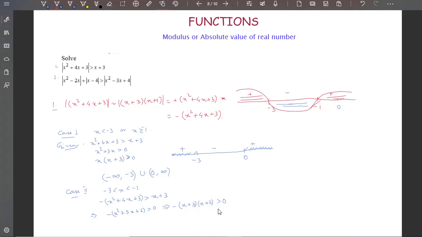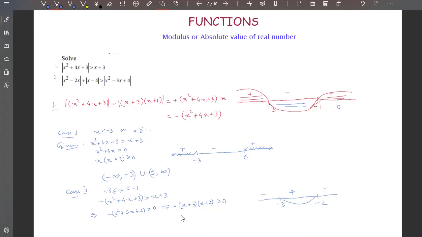-x plus 3 into x plus 2 greater than or equal to 0. This is your sign scheme. -3, -2. It is negative because the leading sign is negative. Here it will be positive and here it is negative. And you need greater than 0, that means positive. -3 to -2. So here the solution is